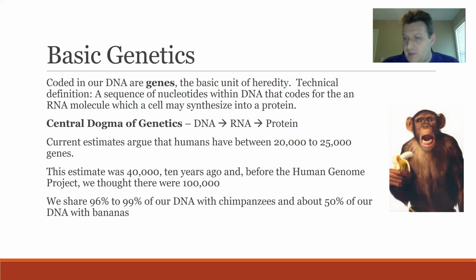Okay, sometimes people like to bring up the following quote. If we look at a chimpanzee, we can see that 96 to 99% of the genetic material of a chimpanzee is identical to that of humans, and this is correct. The fluctuation between 96 and 99 depends on how we calculate the similarity of our DNA. There's a few different ways of doing that. All right, and this is very interesting, right? It kind of shows you that just a few small changes in your DNA lead to the vast differences